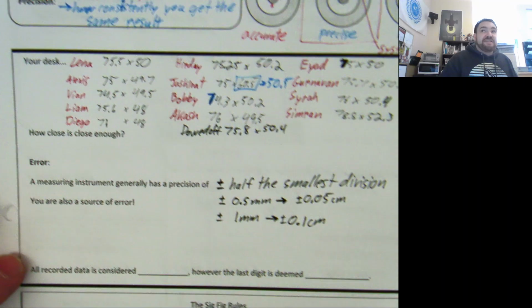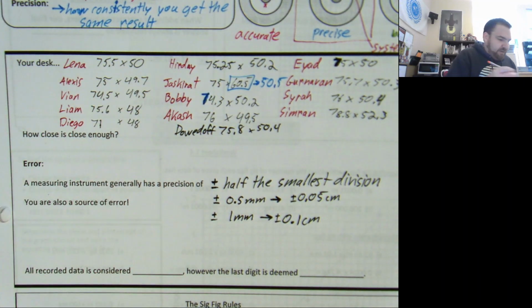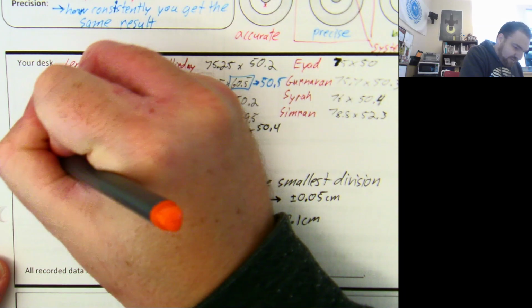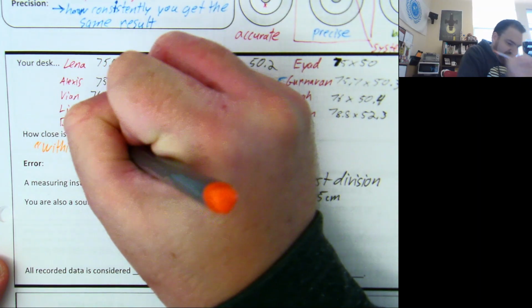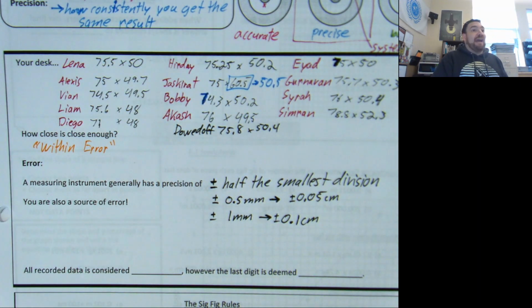Well, if you took my physics lab at U of V, within error is the phrase that gets used a lot. But what does that even mean? When I would teach physics labs at U of V, it's a 3 to 3.5 hour block of time. And the first hour of that time, maybe about 45 minutes, I would spend teaching how to calculate the error